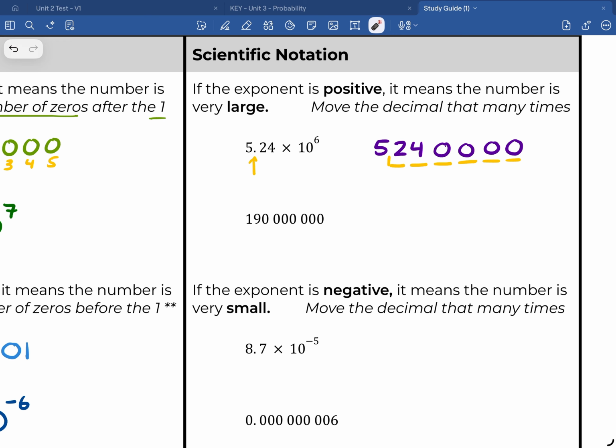Same idea, but this time starting with our really big number and turning it into scientific notation, we need to start by identifying the significant digits. In this case, it's the 1 and the 9 at the front here. But we always want to write that as the first digit, decimal, the next digit. So in this case, we would write